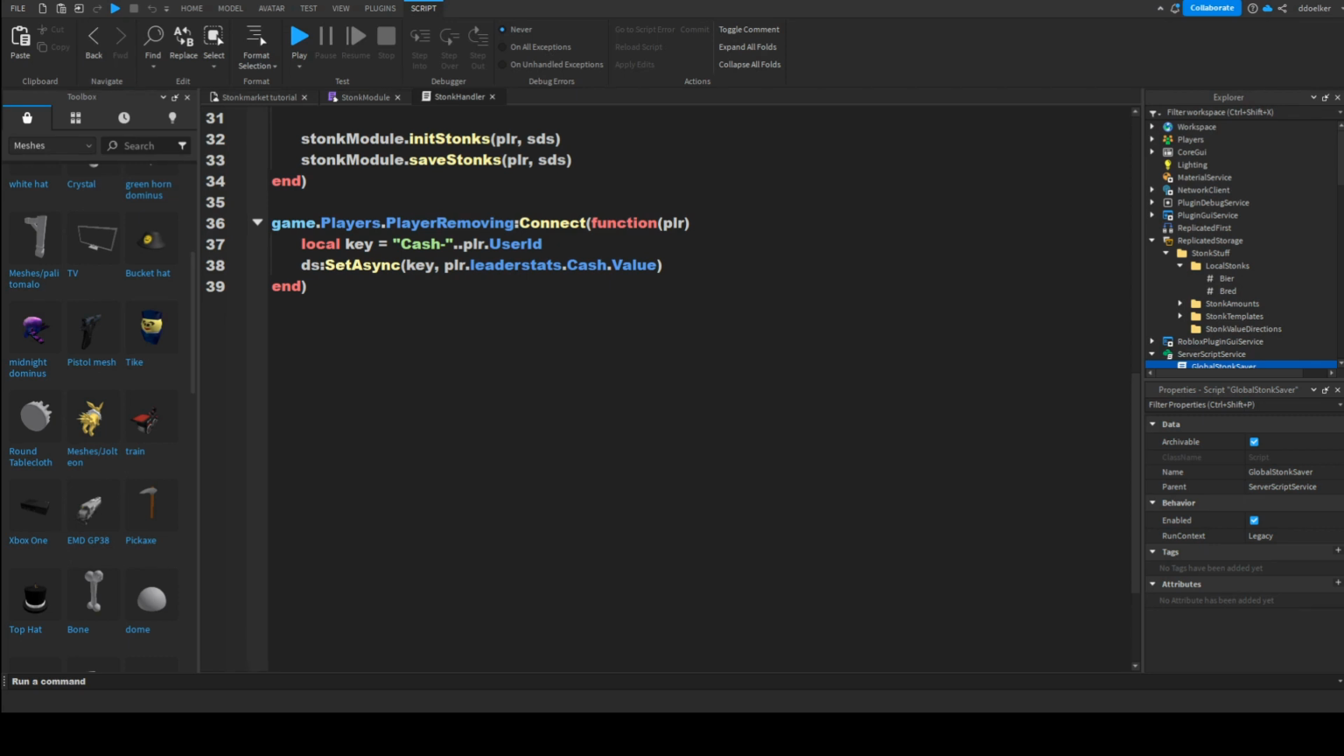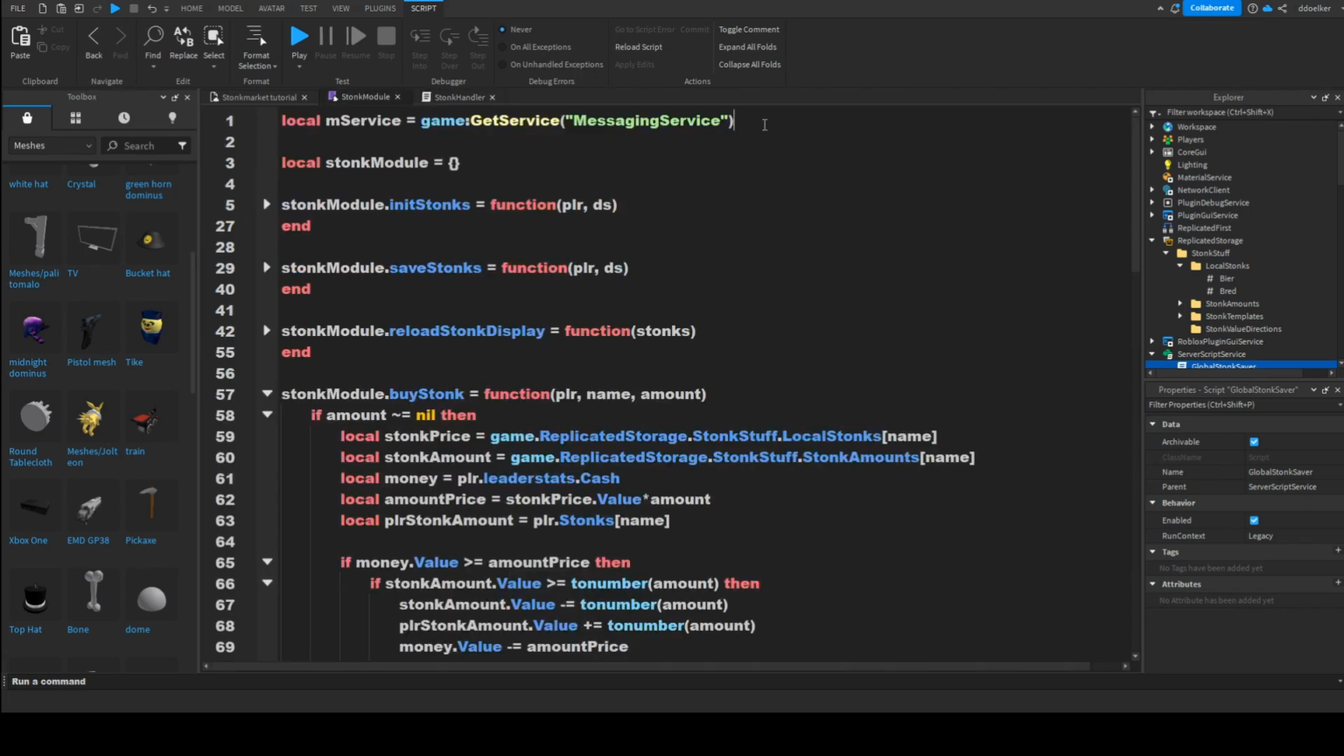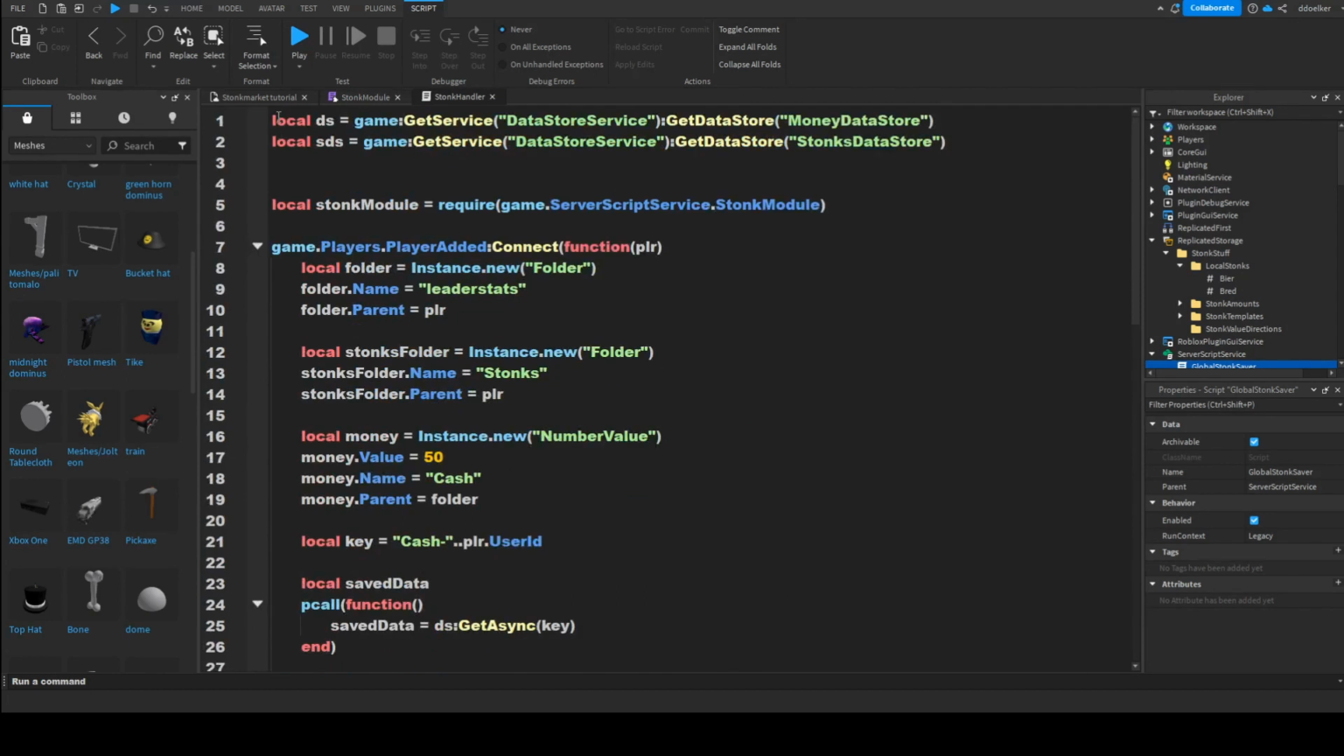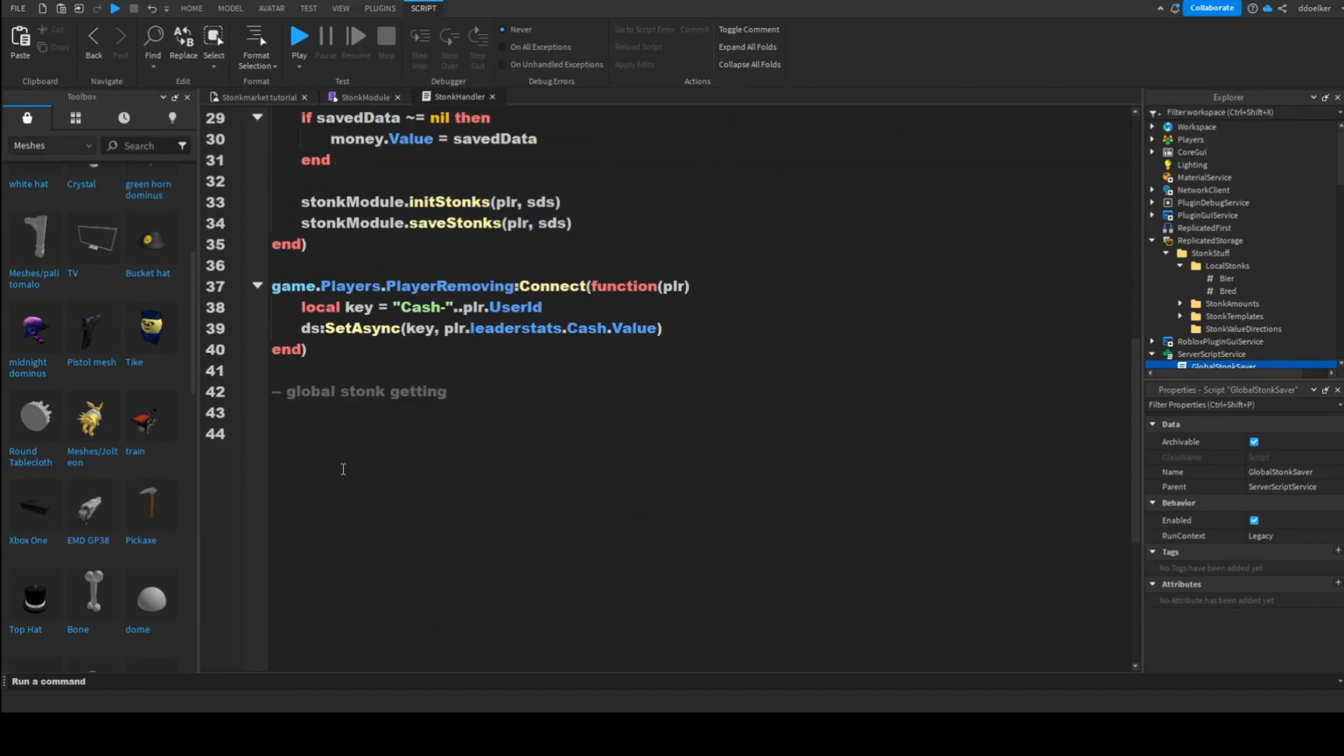So what we're going to do is, at the last line of the stonk handler, because this is the global stonk getting, I'm just going to say that in quotes as a comment. We also have to copy over from our stonk module the messaging service variable and paste that right at the top. And then here we're going to say mService: